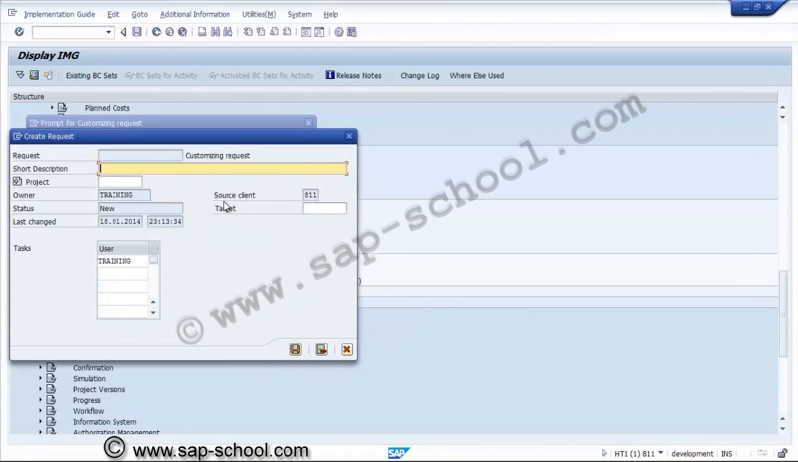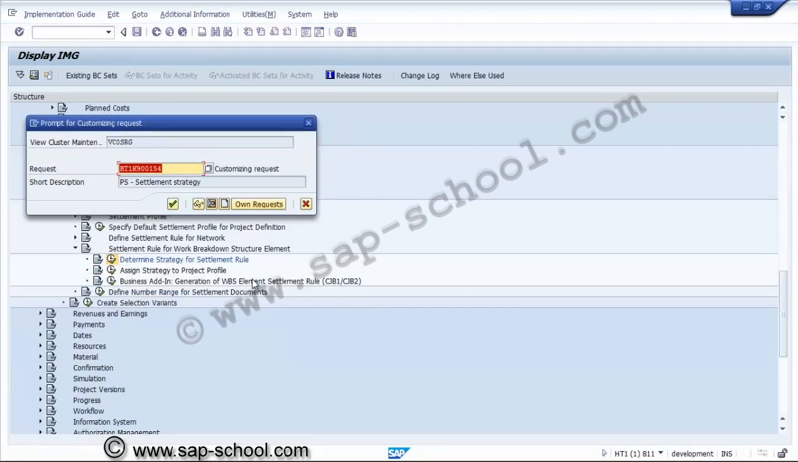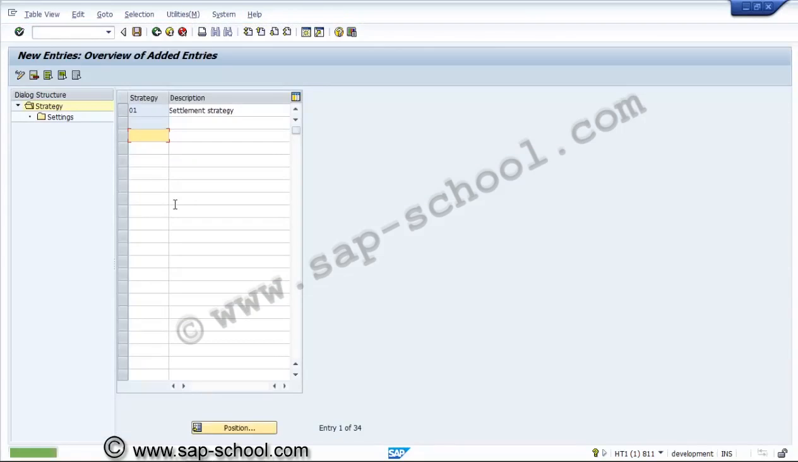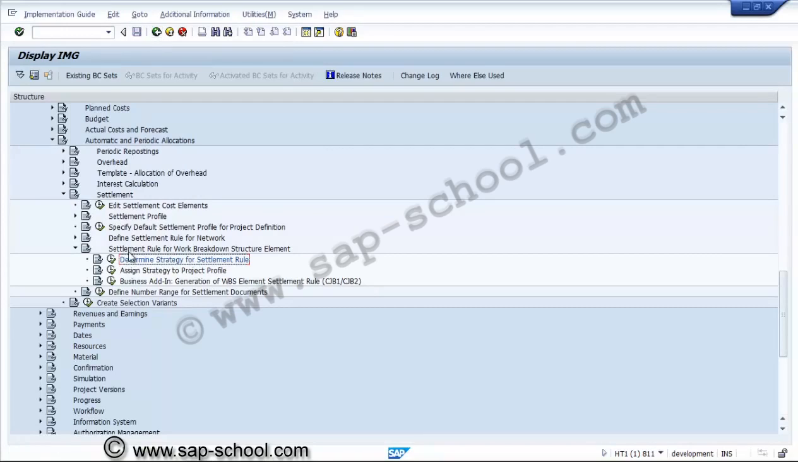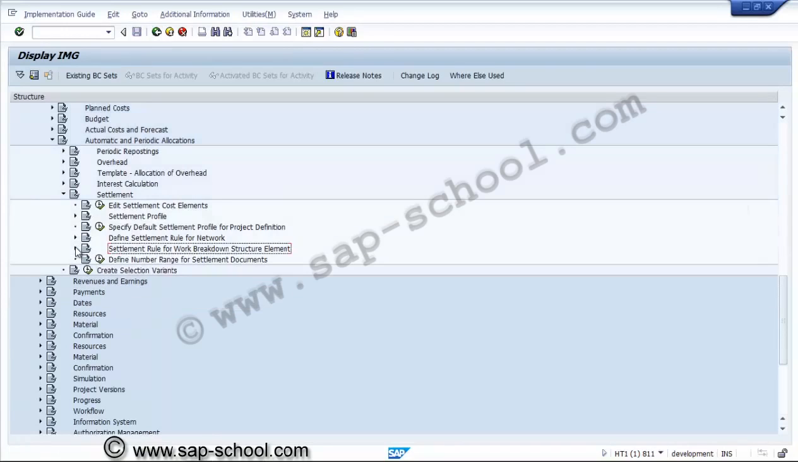So in the settlement strategy, we have selected account assignment elements. So this is the strategy for the settlement rule. The next setting we will see is for the